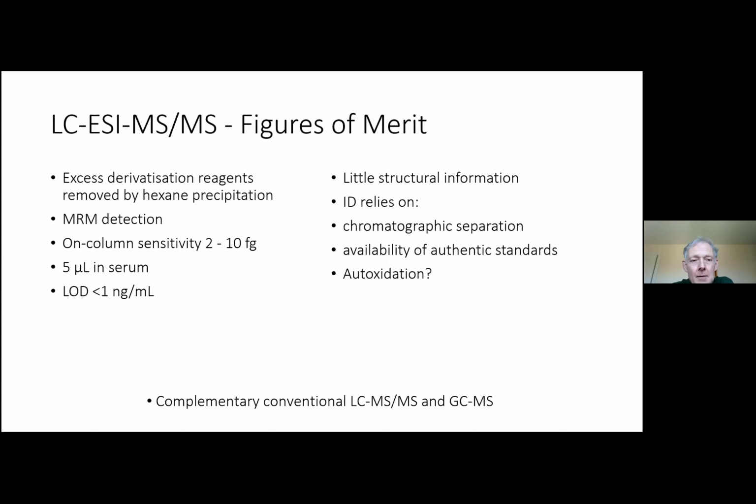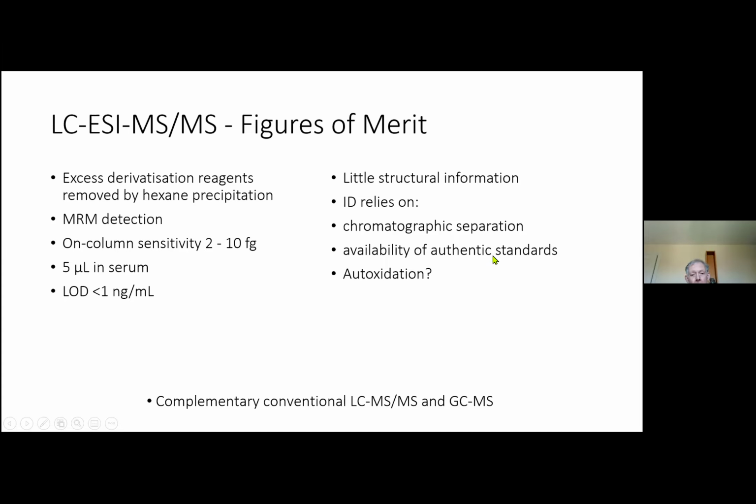So the disadvantage of the method: one of the advantages was that you didn't get many fragment ions, so you get MRMs, which gave a lot of ion current, but that's also a disadvantage in that the MSMS spectra are pretty uninformative. So identification is going to rely on chromatographic separation. You're going to need to separate out all the different isomers,